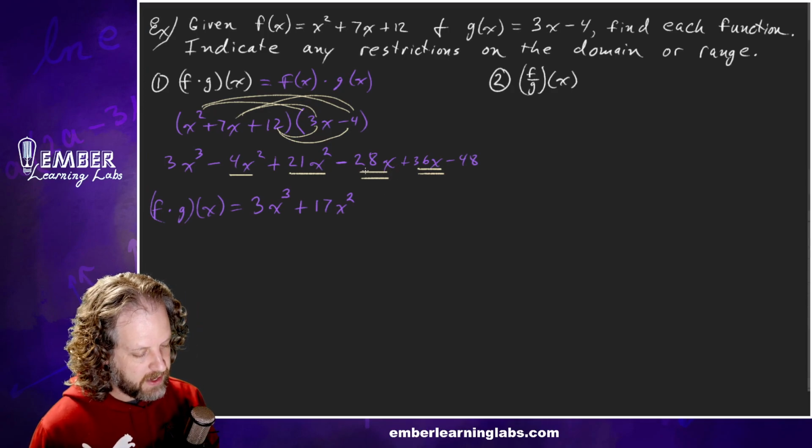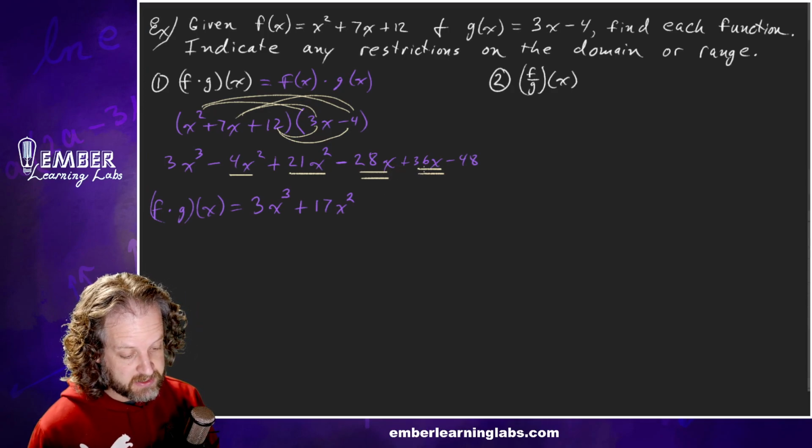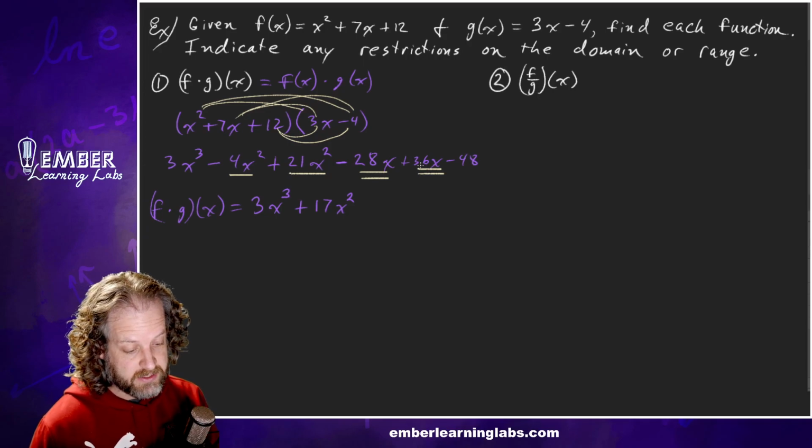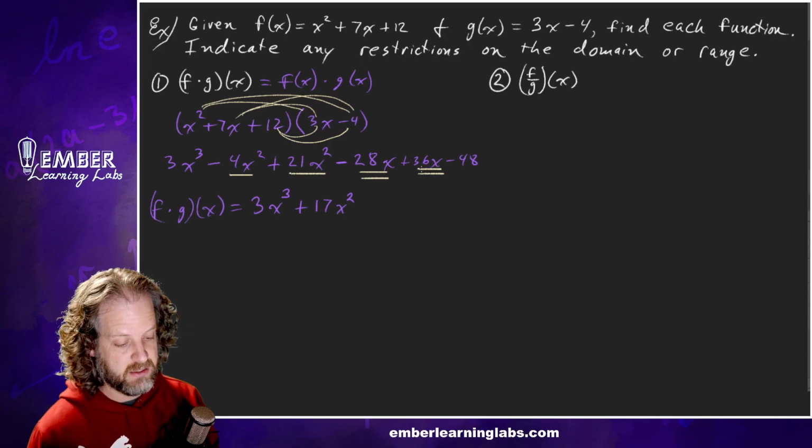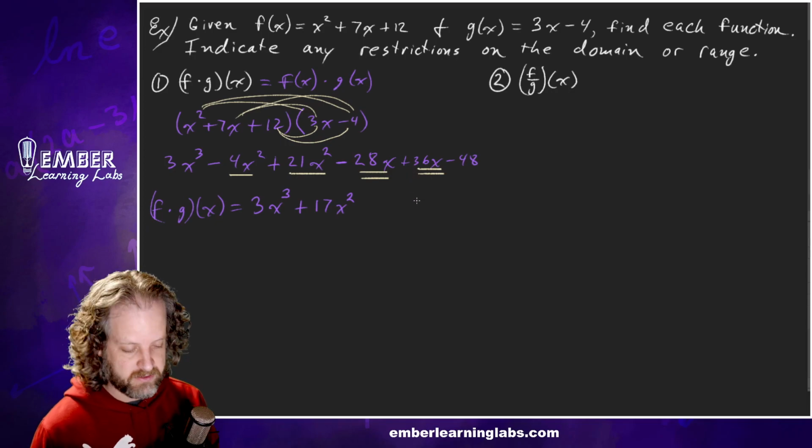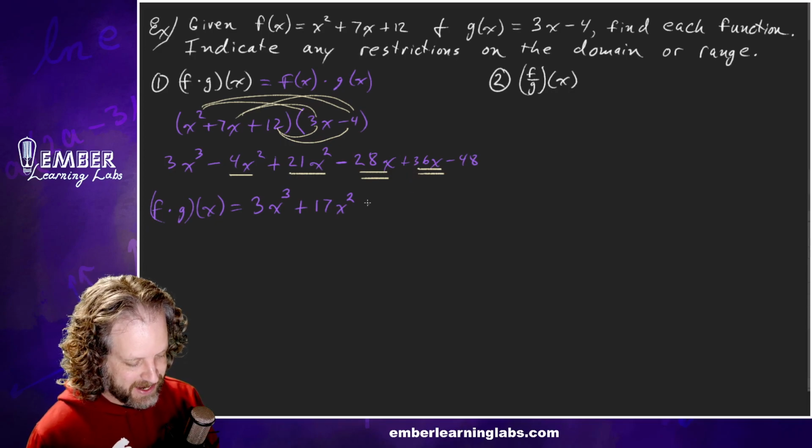And then negative 28 plus 36 is 8. So plus 8x